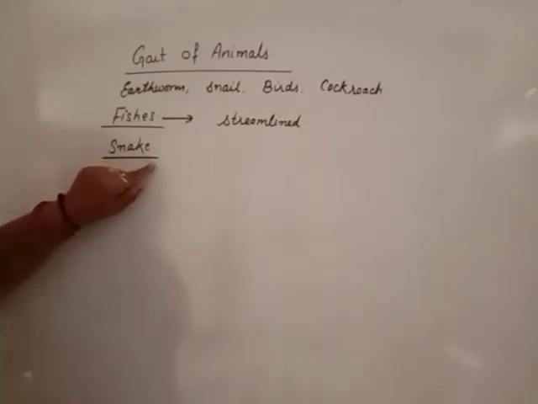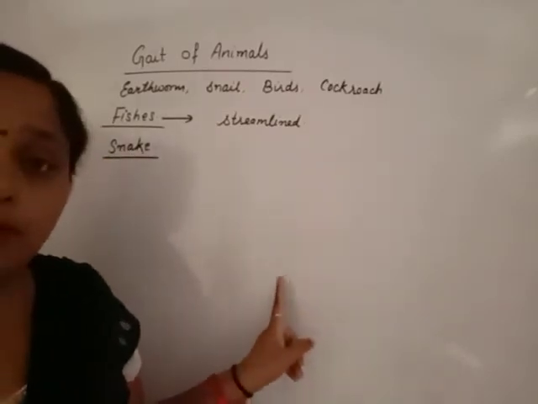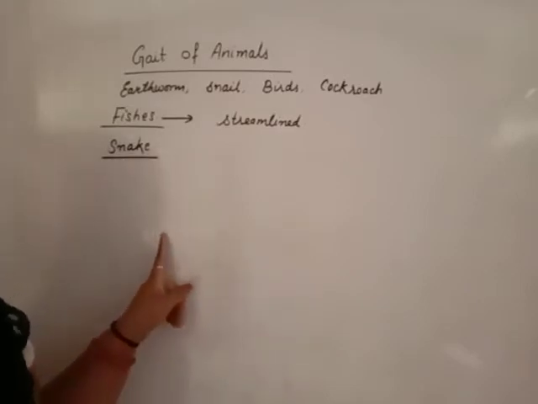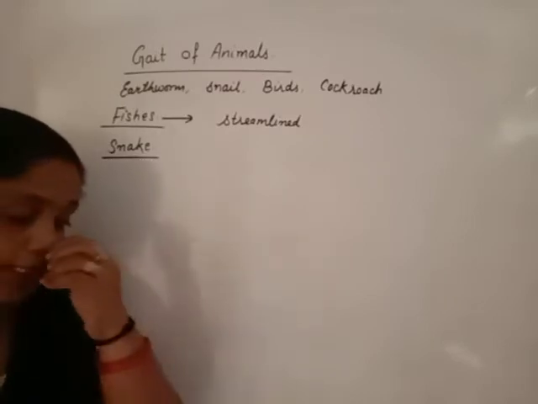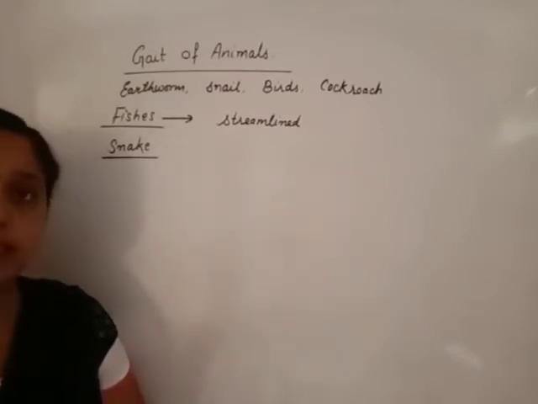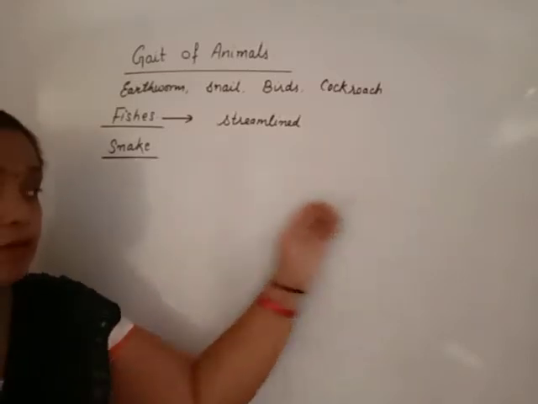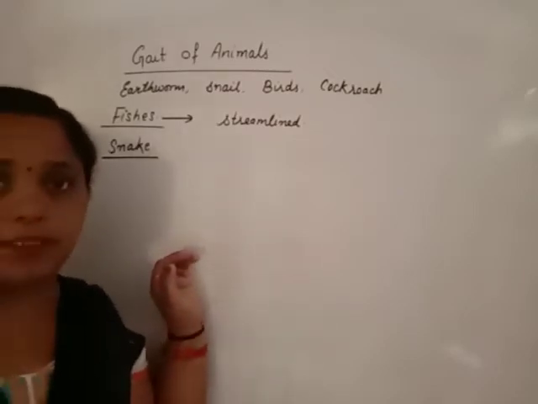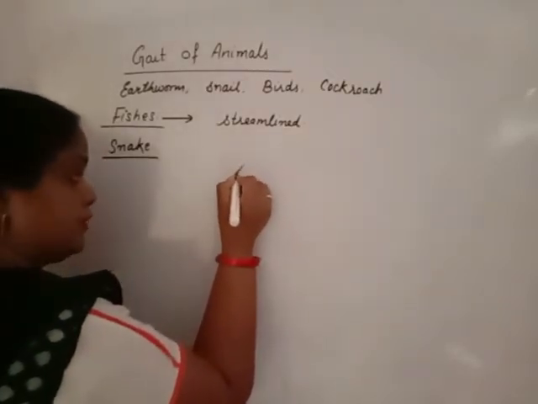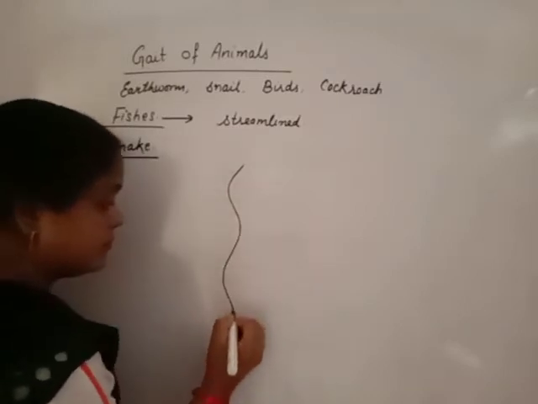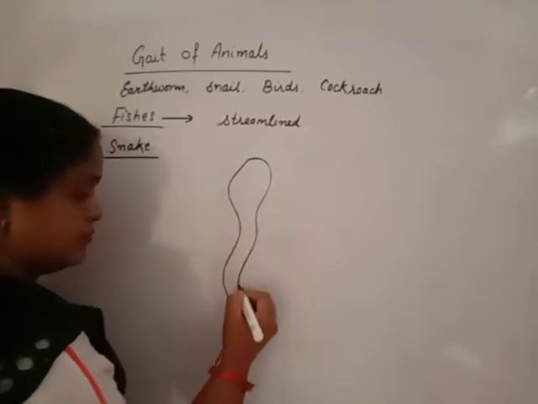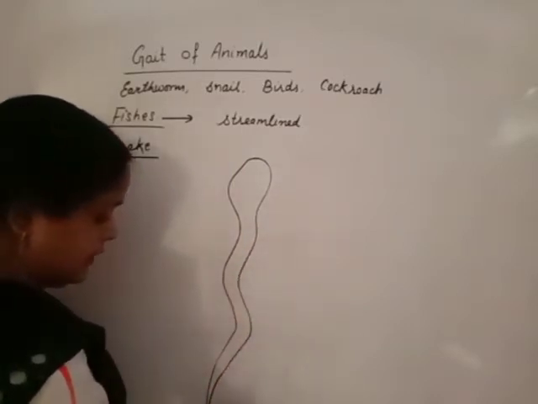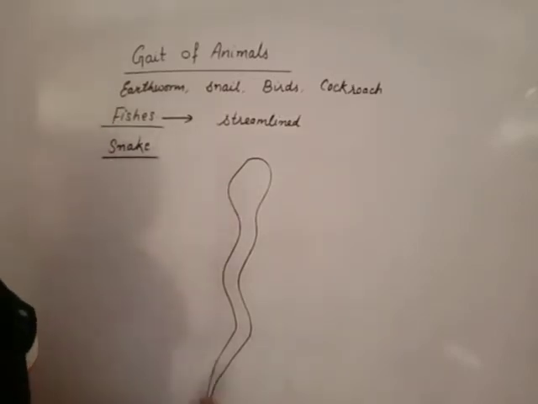The long cylindrical body of the snake is made up of muscles. These are hard muscles, and the body of snake consists of many large muscles and a large number of small muscles, and these small muscles are interconnected with each other. Either these muscles are far apart or at maximum distance. Beta, the body of snake is like this. This is the tail. Like this, a long cylindrical body.